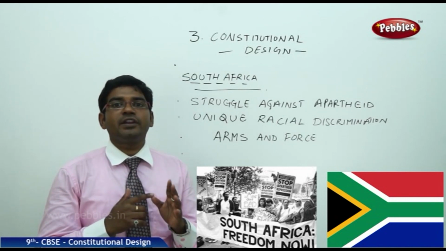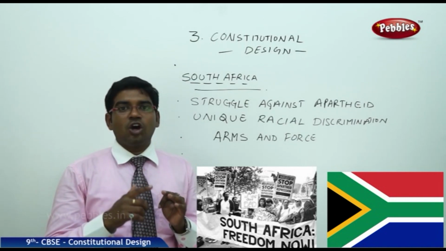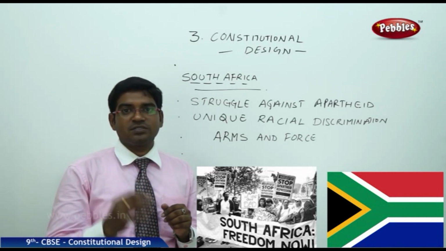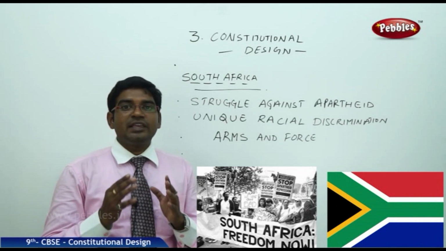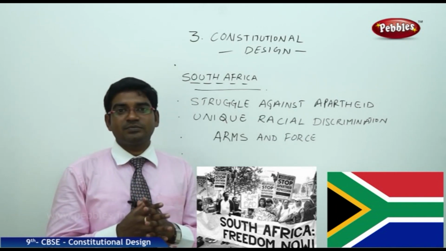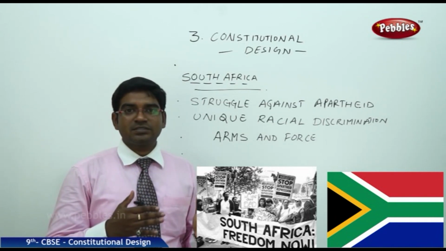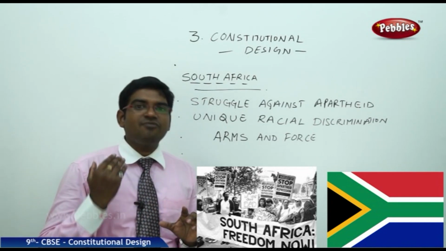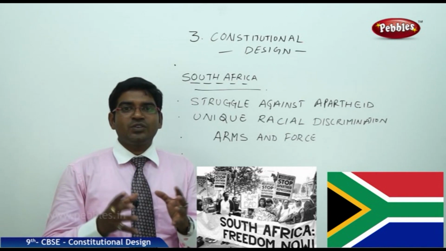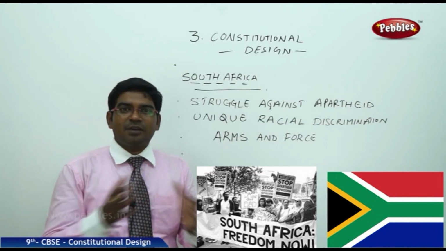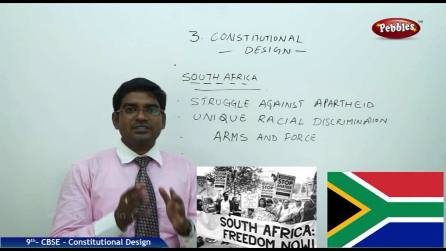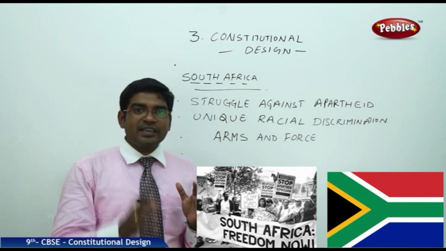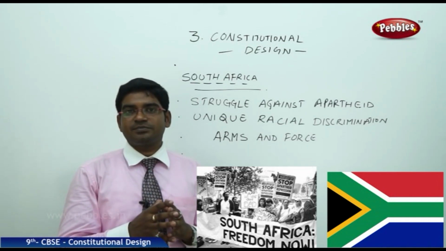They were not allowed to enter schools, colleges, hospitals, hotels, restaurants, or even the beaches. There was a difference even in the public toilets. There were separate toilets for the whites and for the blacks. This discrimination was in a very extreme phase. It is actually, in real terms, segregation. They separated the people on the basis of the color of the skin, the blacks and the whites. So this segregation reached its extreme phase.